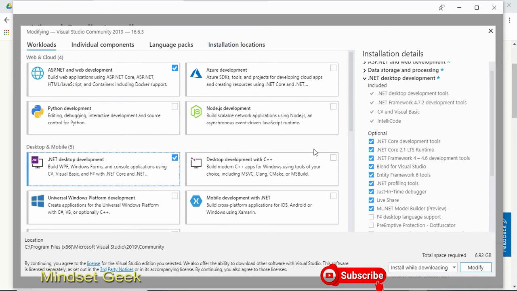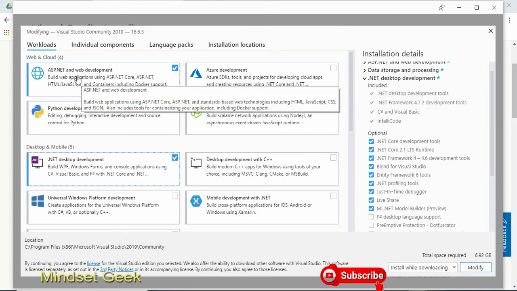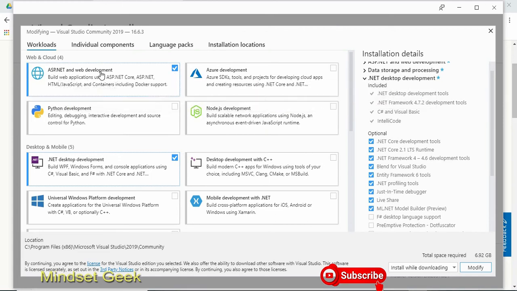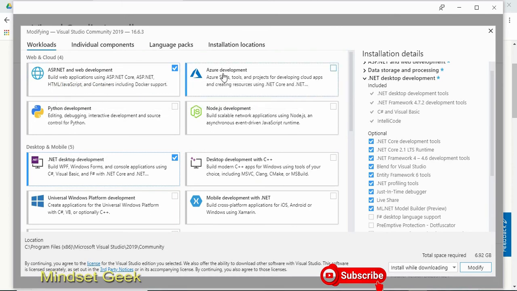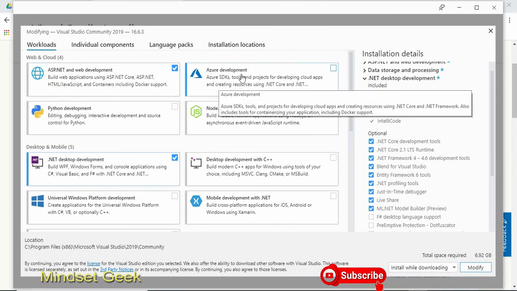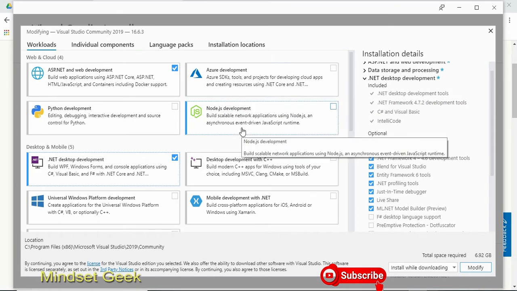Right. You can see this window. Select the packages that you want. I install .NET Desktop Development and ASP.NET Web Development. I'm not going to install Azure this time, right?